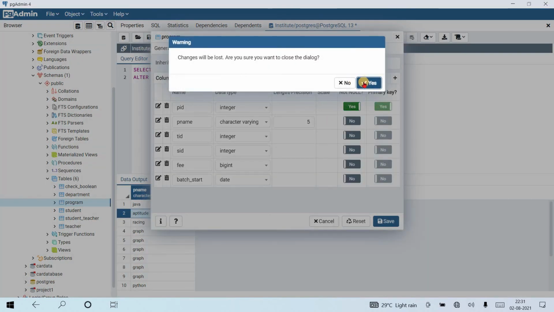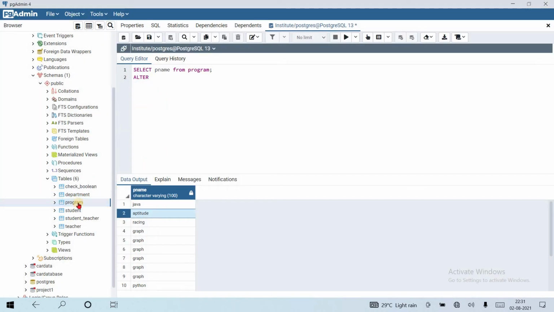Okay, if I refresh this, alter table program alter column pname type varchar 5. Okay, let's see what is happening here.